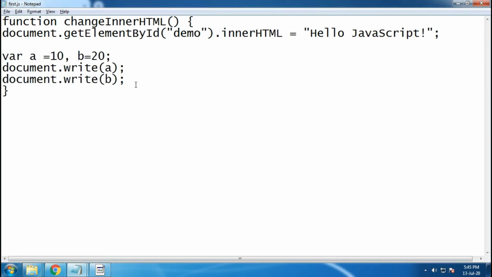Okay, the next thing I want to go over here: JavaScript is a case sensitive scripting language. So when I'm saying case sensitive, it means if I am defining var a in small, and if I define it in capital, okay, let me assign it to 30. So both things are different. Okay, both things are different. So instead of b, let me print a here.